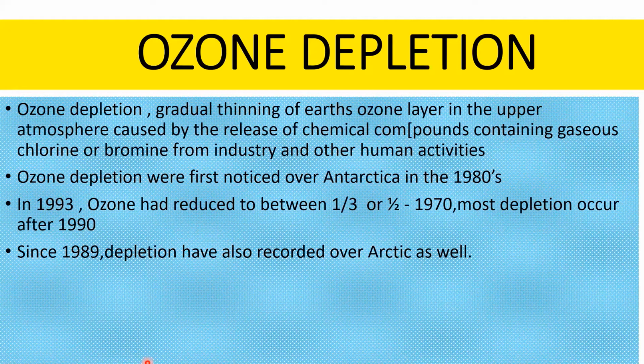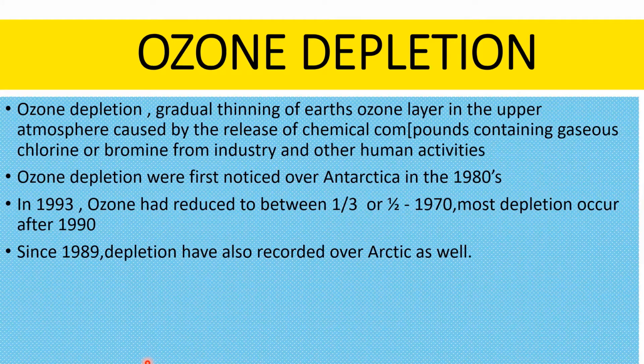We all know that ozone is a greenhouse gas that can be found in both the troposphere and stratosphere. But if it is concentrated at a height of about 25 kilometers in the stratosphere, then it is good ozone. If it is concentrated in the troposphere, then it will definitely be bad ozone.